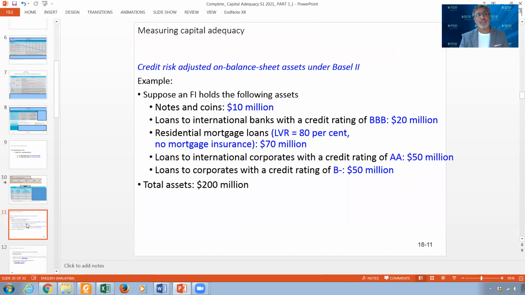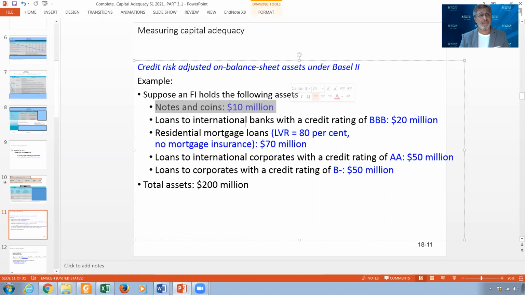So now let me take an example. This is just to give you an example for credit risk, how you calculate the risk-weighted asset for credit risk on the balance sheet. If I have notes and coins, which means cash, 10 million, for this bank. And we have loans, this is from the balance sheet. Loans to international with a credit rating of triple B. Now you already know triple B. It's 20 million, but you are not going to take the 20 million. You are going to take the risk-weighted asset of this 20 million. Same thing for the